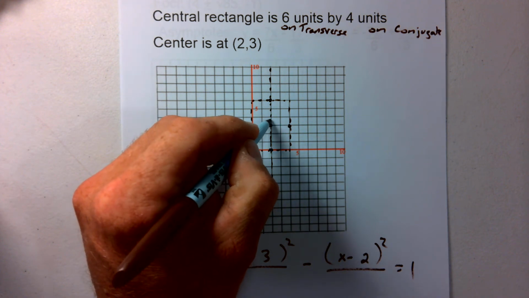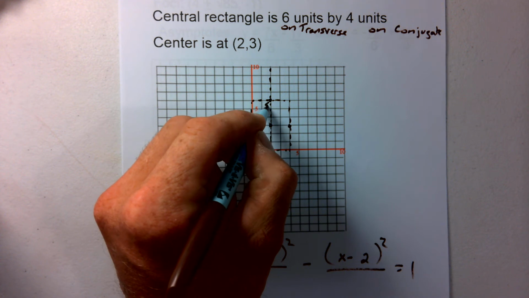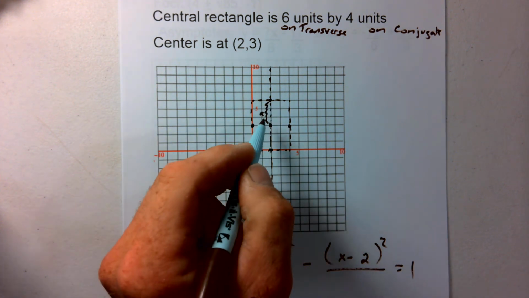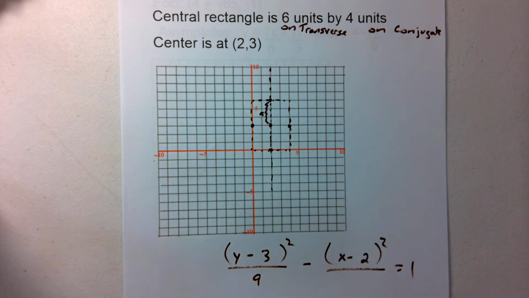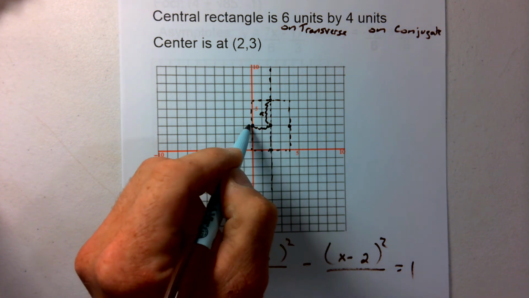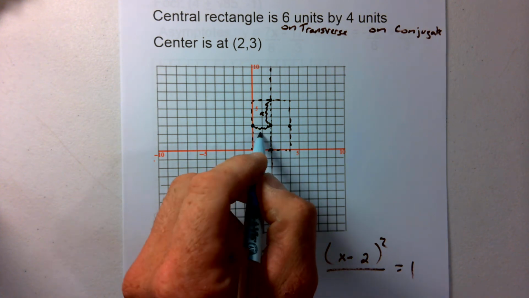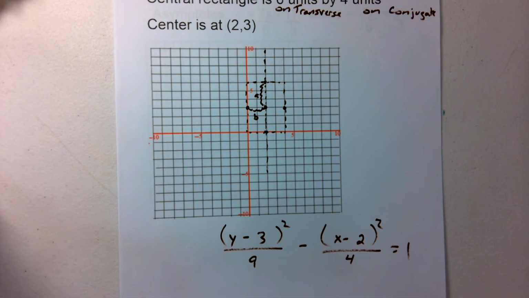Well, that also tells us our a value and our b value. Our a value in this case is going to be the distance from the center out to the vertex. In this case, it's 3. So our a squared is going to be 9. Our b value is the distance left or right from that vertex. So we're going to have 2 units in this case, so that squared gives us 4. So our equation is going to be (y minus 3) squared over 9 minus (x minus 2) squared over 4